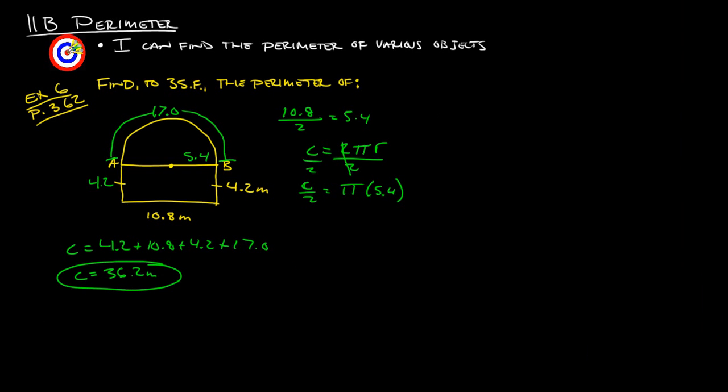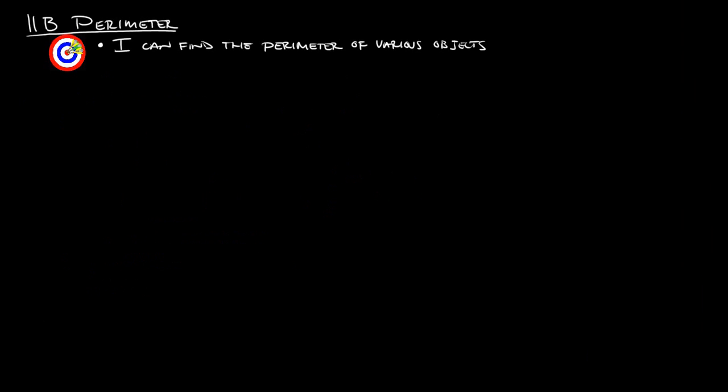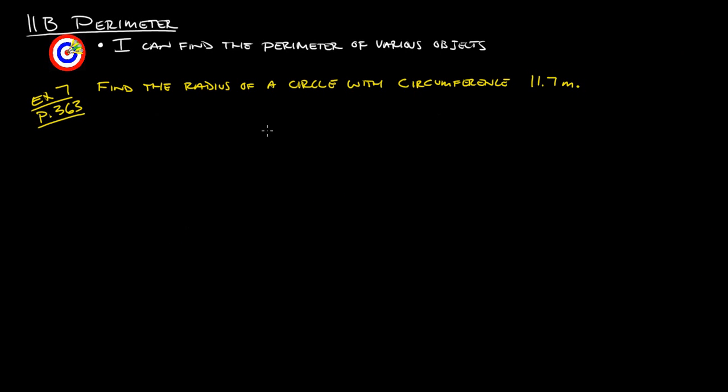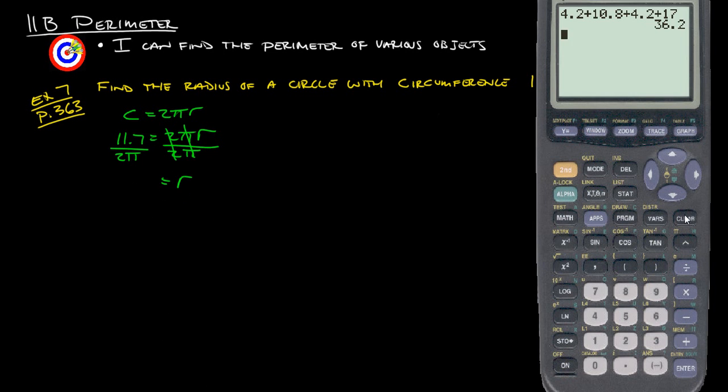Okay. Let's take a look at one last example, and then we'll be done. Find the radius of a circle that has a circumference of 11.7. So now you're starting with the actual circumference, and then you have to figure out what the radius is. If the circumference is 11.7, we're going to plug that in for the C. So we do 11.7 equals 2 pi r. We want to figure out what r is, so we want to get rid of the 2 and the pi. So we divide both sides by 2 and pi to get rid of those. So the radius is going to be